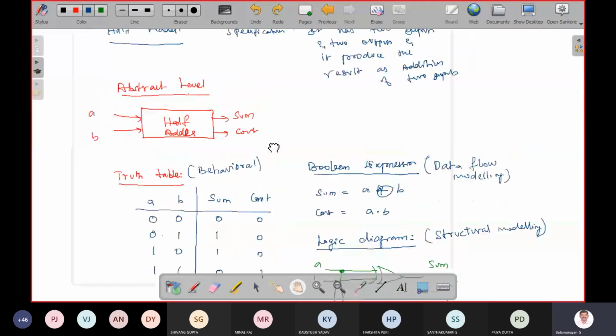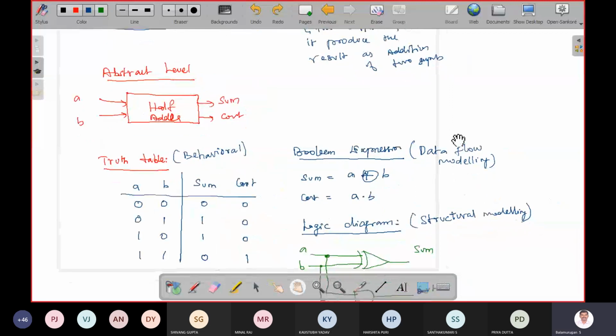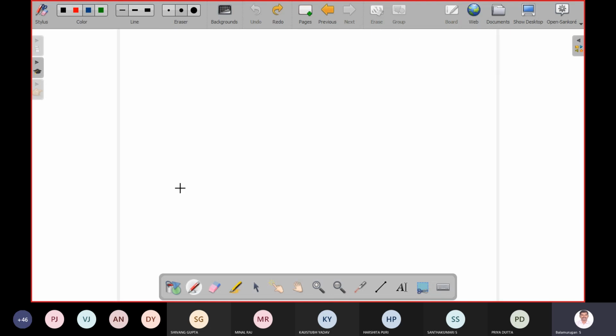Now I want to write the code. First I will complete data flow, then structural, then behavioral, like that we will go. First we'll start with data flow modeling. So now I am going to write Verilog code using data flow modeling.